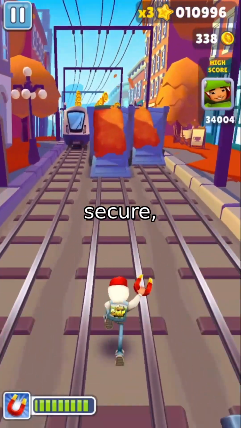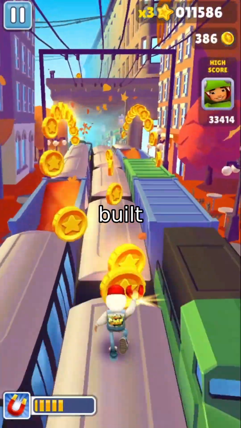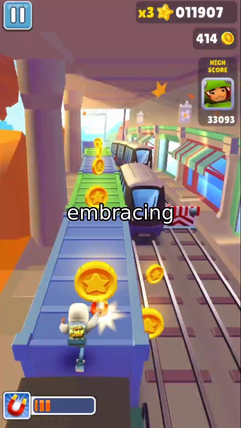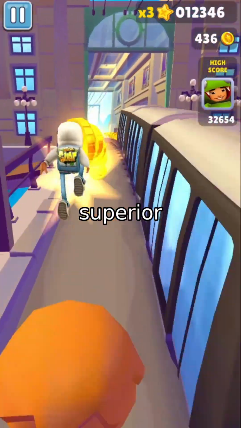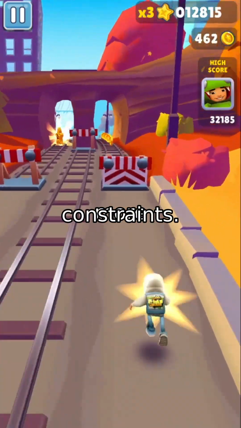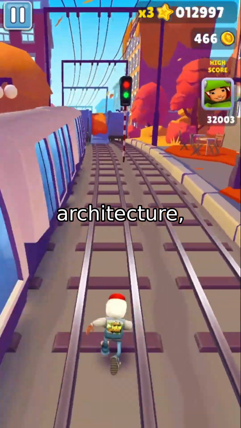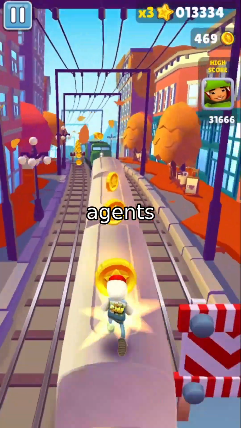AGENTSYS shows that secure, dynamic LLM agents aren't built by layering defenses on top of flawed architectures. They're built by rethinking the foundations. By embracing explicit, hierarchical memory management, we can achieve both robust security and superior performance. The future of agent security isn't more detection, more alignment, or more constraints. It's smarter architecture, one that keeps the trusted agent's mind clear, focused, and safe. And that's how we build agents we can truly trust.